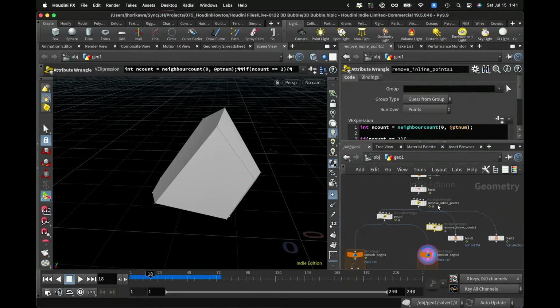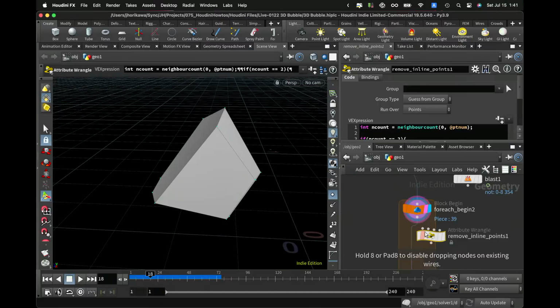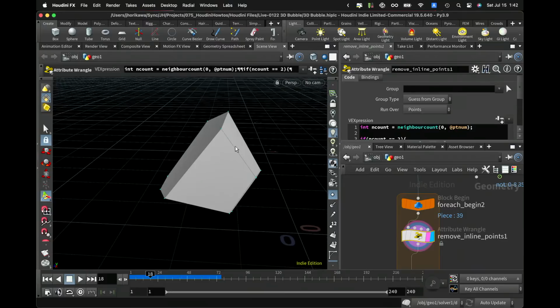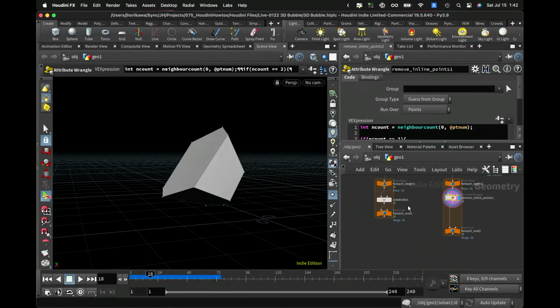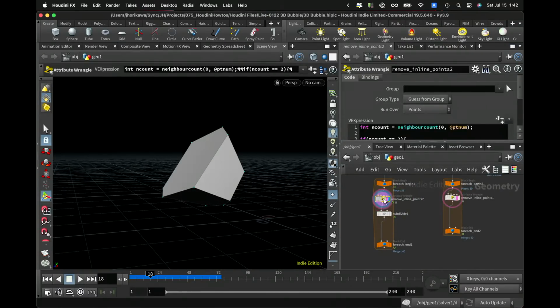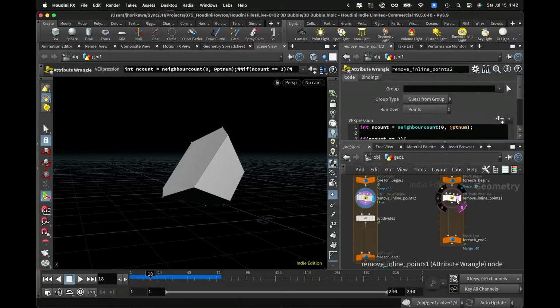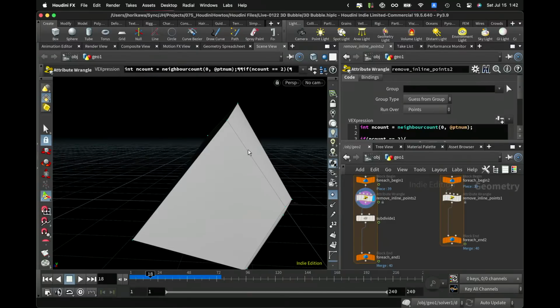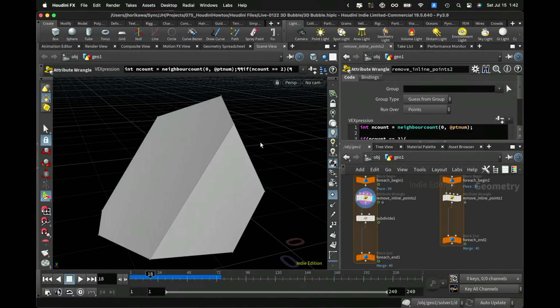So I'm gonna copy this remove inline points just to make sure that I don't have two neighbors or inline points for each point. And probably I should do the same for this one as well. I'm gonna copy it right here. This might not be necessary, but I found sometimes you have these additional points inside somewhere around here. So probably this is necessary. Okay,